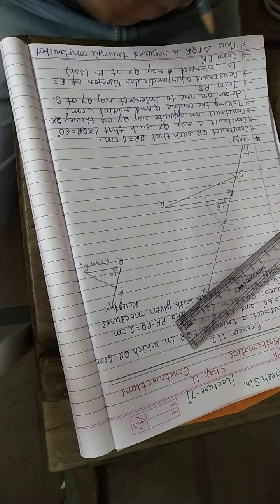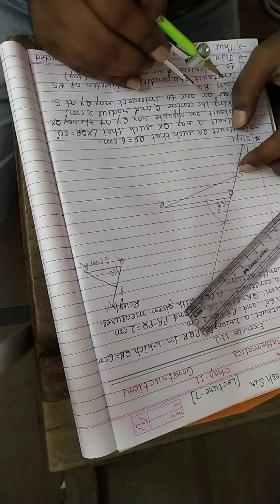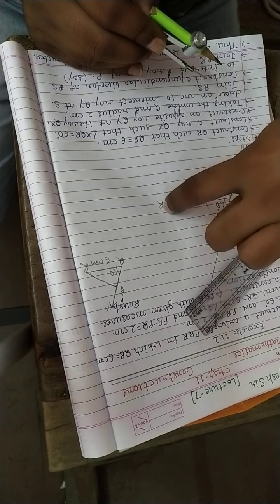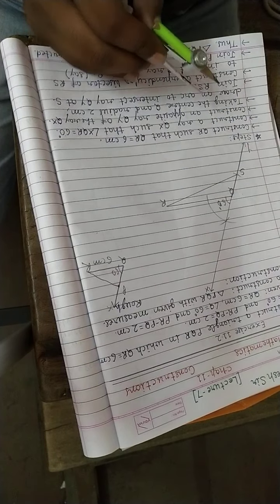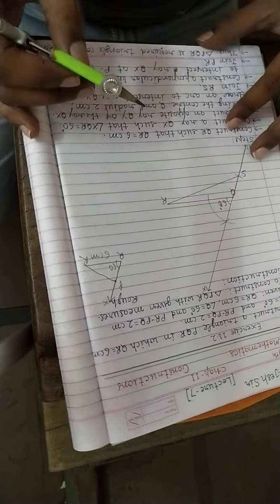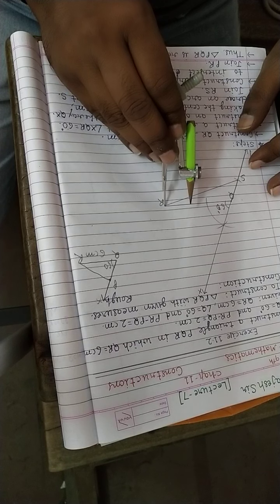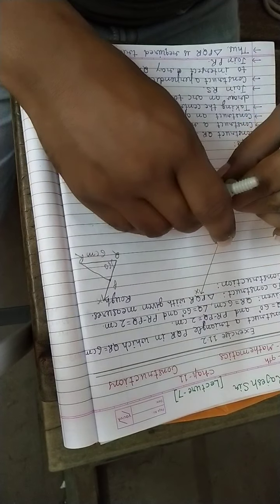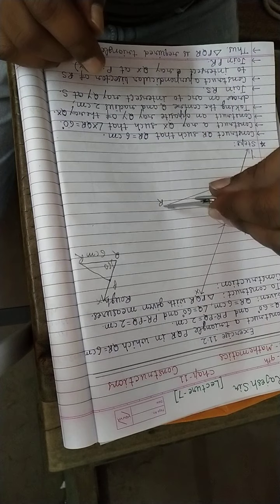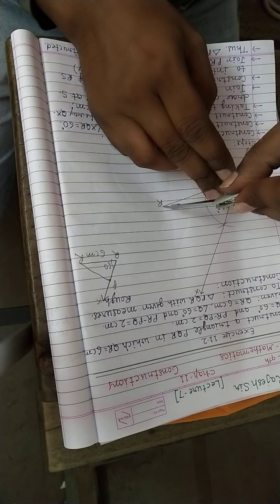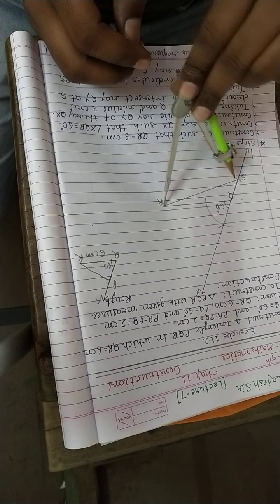And now the same work as we were doing in the last lecture. Joining SR, whatever line segment we are getting, we draw the perpendicular bisector of that new line segment. So we will draw the perpendicular bisector of SR. How to draw it? We will take the center as R first and more than half length of SR. This is more than half length, you can see. Some bigger length also you can take, more than half length of SR.